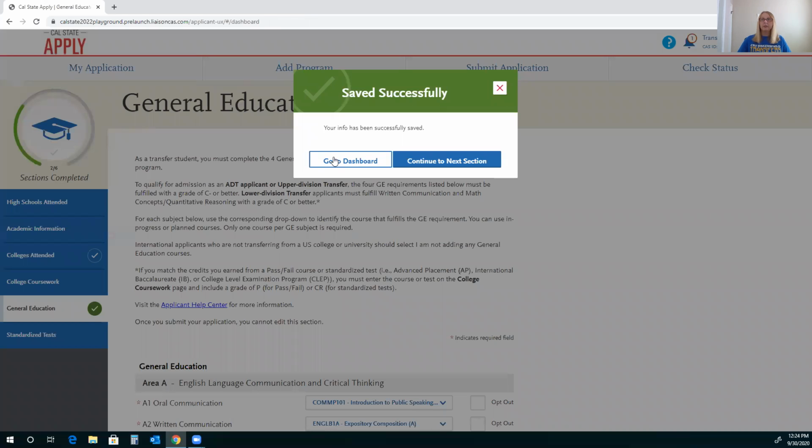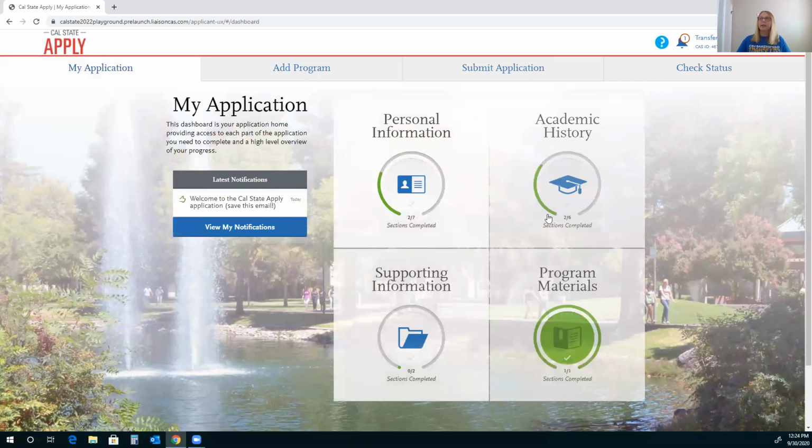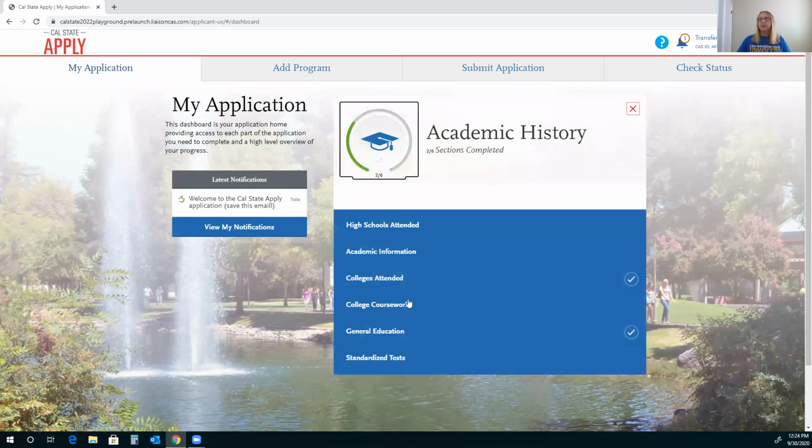Let's go back to our dashboard. I did want to point out that as you go through it, it tells you how many sections you have completed. And then once it's completed, the whole section will be green. So let's go back into our academic history